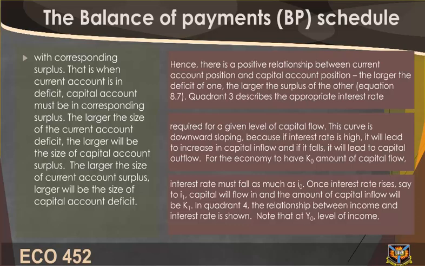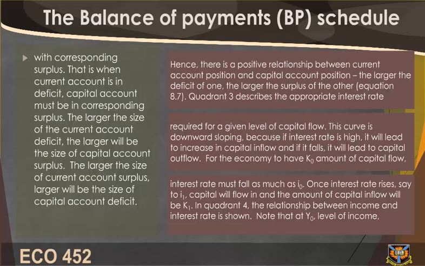Quadrant 3 describes the appropriate interest rate required for a given level of capital flow. This curve is downward sloping because if interest rate is high, it will lead to an increase in capital inflow, and if it falls, it will lead to capital outflow. For the economy to have K0 amount of capital flow, interest rate must fall as much as I0. Once interest rate rises, say to I1, capital will flow in, and the amount of capital inflow will be K1